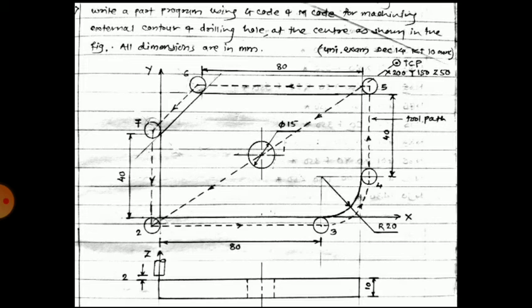So first you have to drill. First you put the center drill at the center, then go to the tool change position, and again come to that point, hole number 1, for the drilling operation. After performing the drilling operation, again go to the tool change position and come to point number 2 for the external contouring operation. So you have to move like that, 2 to 3, 3 to 4, 4 to 5, 5 to 6, 6 to 7 and 7 to 2, and then go to the tool change position and then there will be the finish of the program.